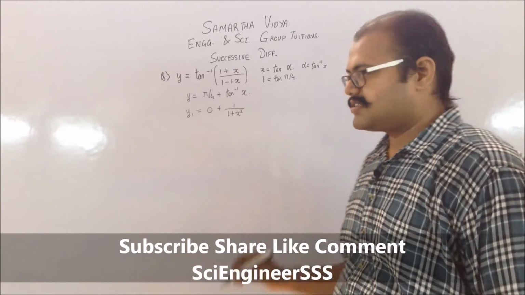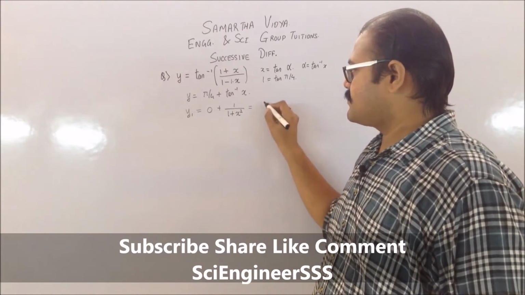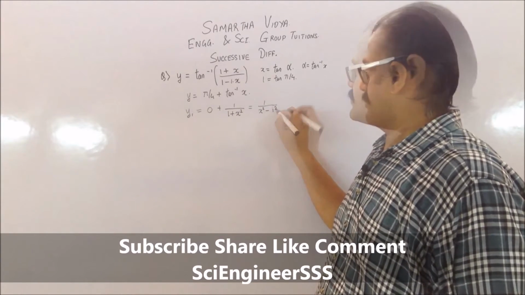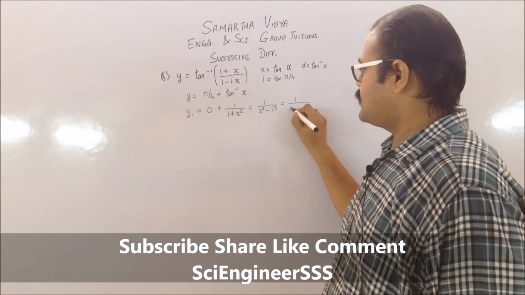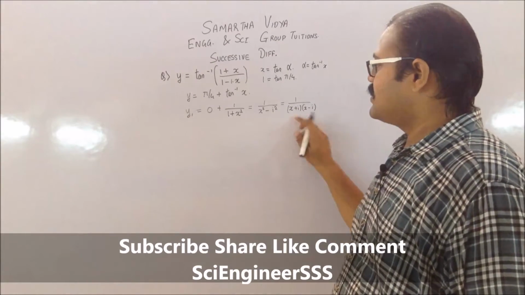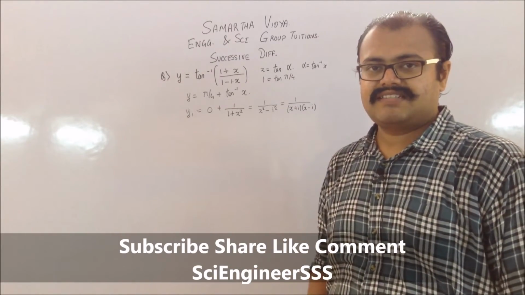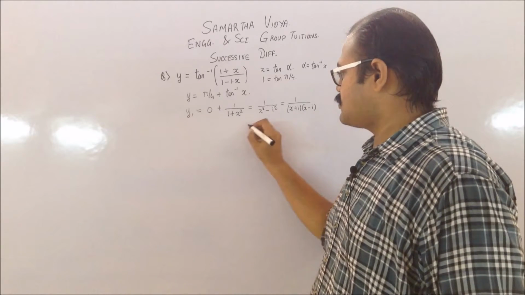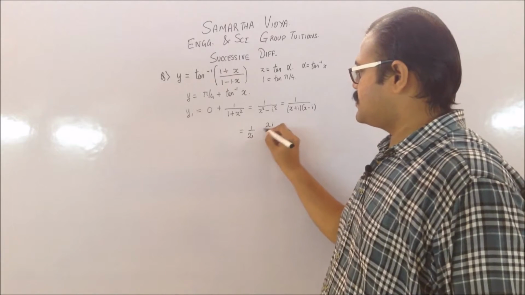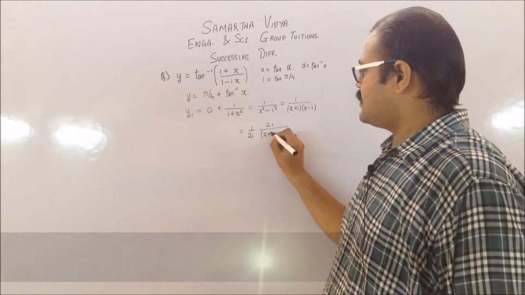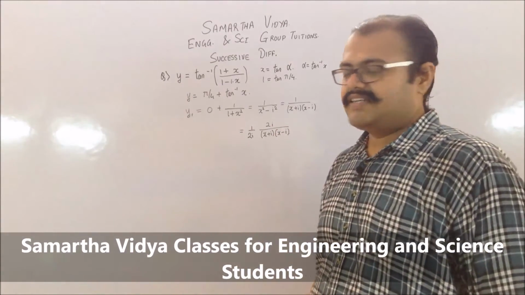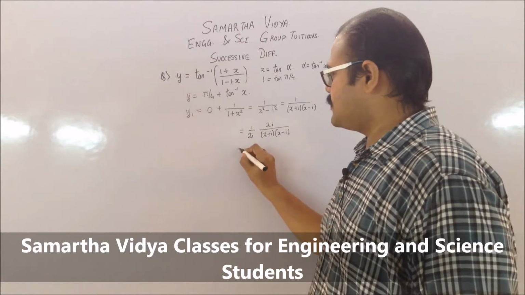So what you need to do is use your complex form. That is, this can be written as x square minus, so this becomes basically 1 upon x plus i into x minus i. Now after this you can go for the partial fractions, but in this case it's quite simple to solve it. So what you need to do is just divide by 2i and multiply by 2i. So it becomes x plus i into x minus i. Then you need to split this 2i into the terms which are present in the denominator.